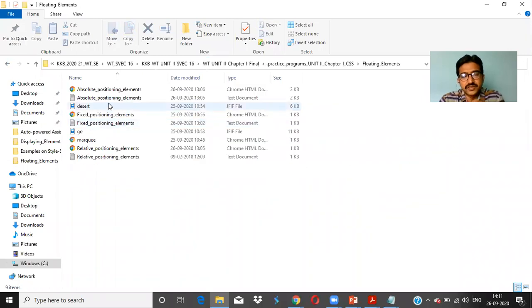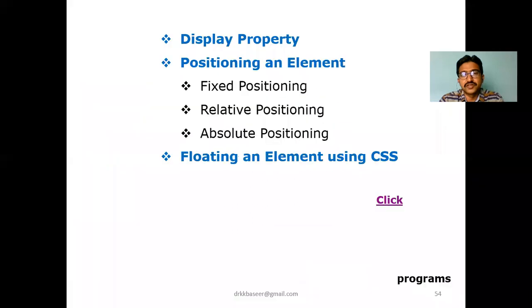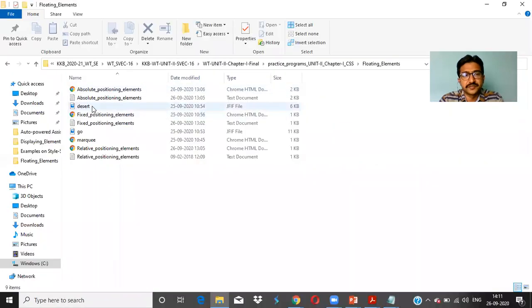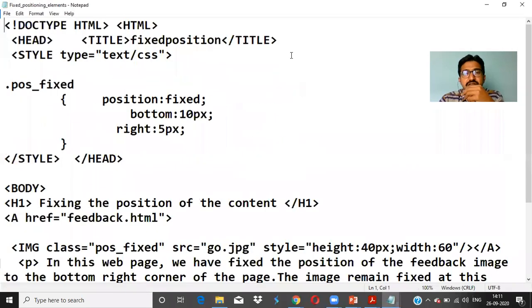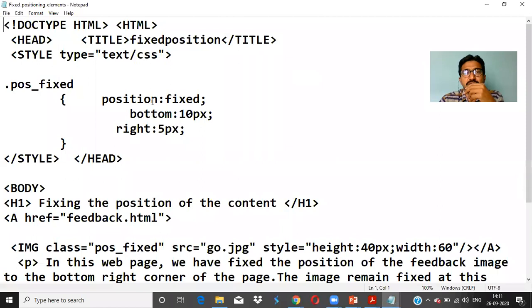Right. So what is the first one here? When you see the first one here, it talks about fixed position. We'll go to the example, fixed position. In the fixed position, it talks about fixed, absolute, relative. Fixed in the sense there is no change at all, and relative is nothing but as per the changes, it will go on changing. Absolute means exactly it will be set. So a small variation is there between all these three types of positioning elements.